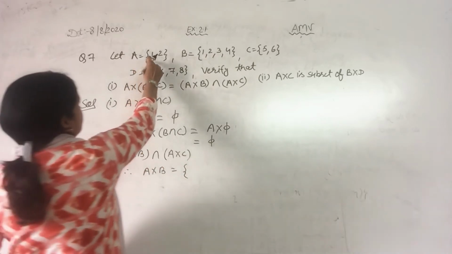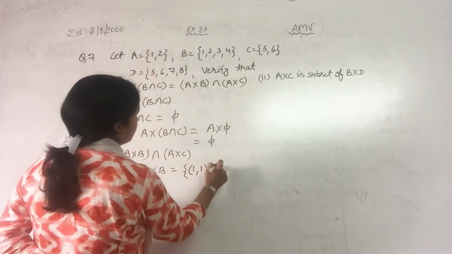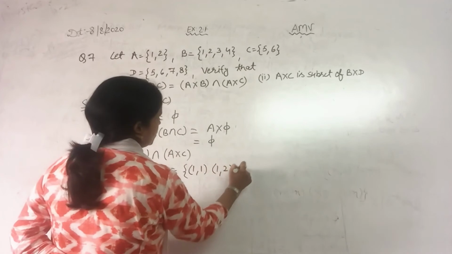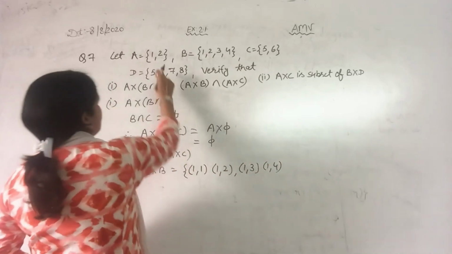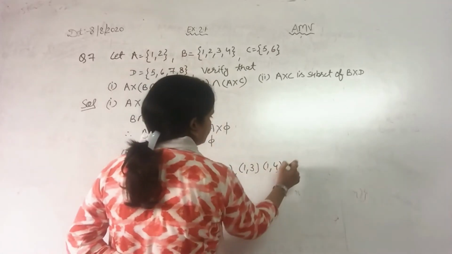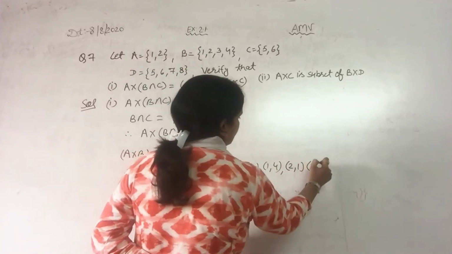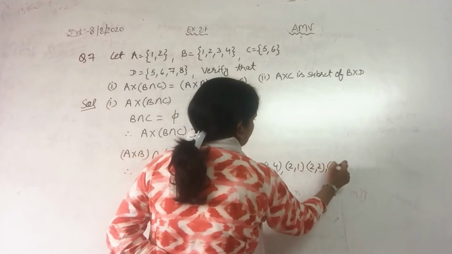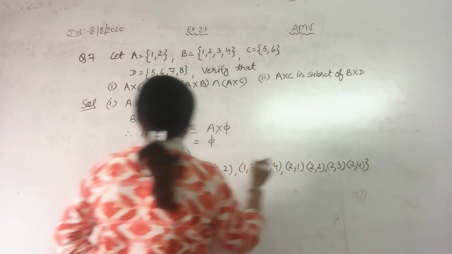Find AB. Start from set A. 1, 1. It's 1, 2. Here 1, 3. 1, 4. Now 2, 1. Here 2, 2. 2, 3 and 2, 4. Okay. And now find